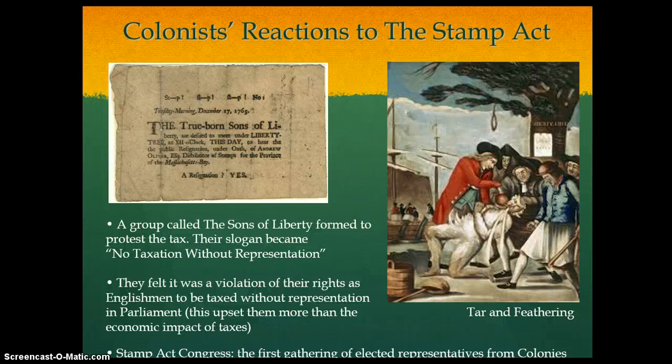In addition to that, there was a very important organization called the Stamp Act Congress, and this Congress were elected by people living in the colonies as representatives. So the Stamp Act Congress was really the first time that representatives from each of the colonies got together, in this particular case, to focus on the injustice of the Stamp Act and the different ways they could protest to try to get England to repeal the Stamp Act.